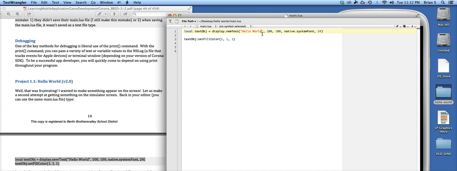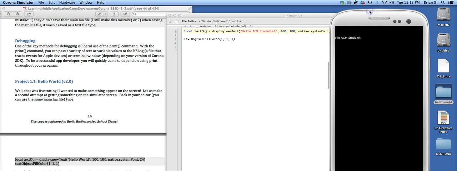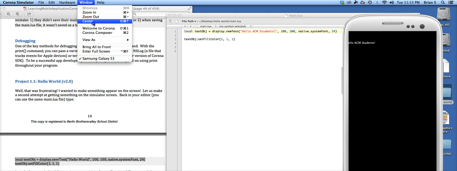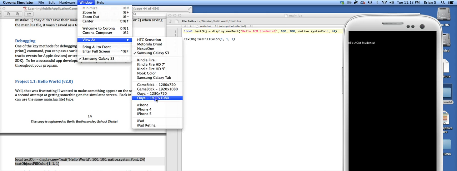So if I change it from hello world to hello ACM students with an exclamation point and resave this, my simulator automatically adjusts, and I get the message. But I do have an issue here that with the Galaxy, the coordinate system isn't